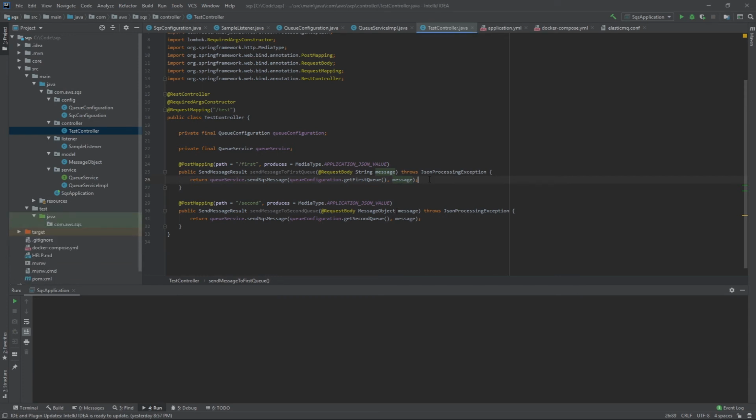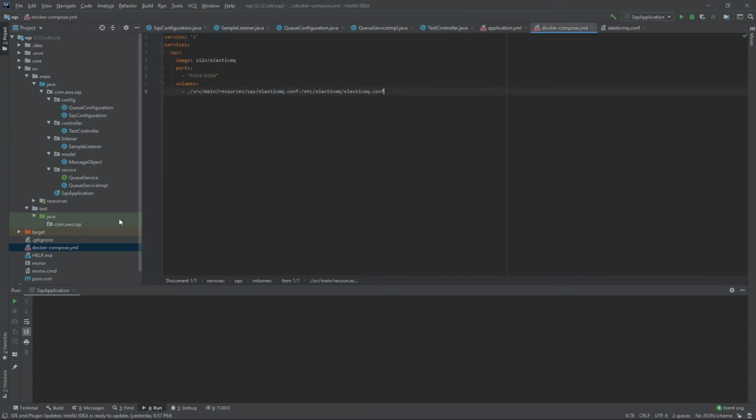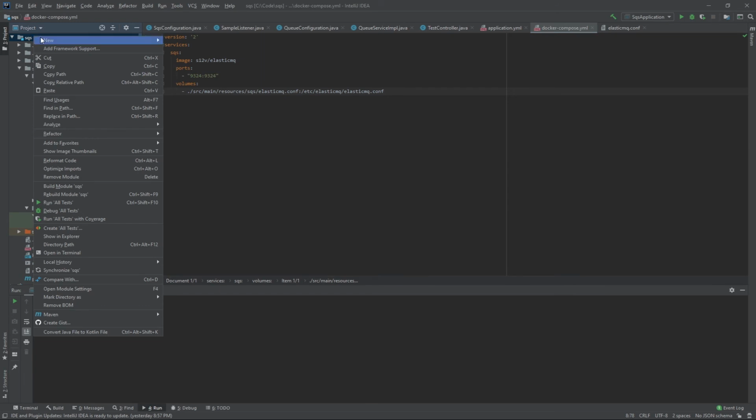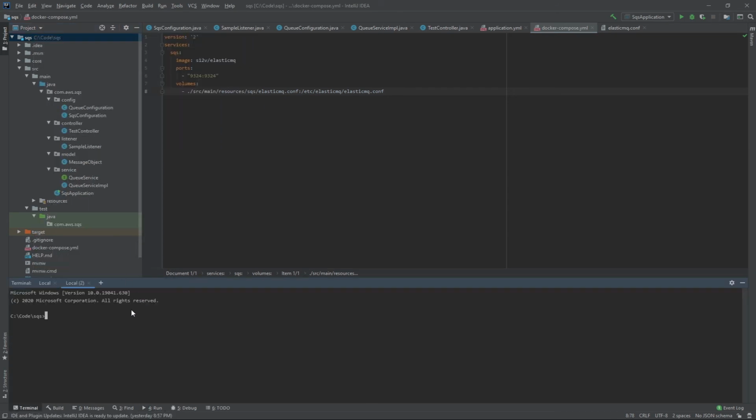All right, let's go ahead and show you how you can spin up this Docker image. So I'm just going to go back to the Docker Compose YAML, just again showing that we're pulling the S12v/elasticmq image down, and we're going to run that on the 9324 port, and again use that config file. So an easy way to do this is let's go ahead and right click on our project here, and then we're going to say open in terminal. That will pull up again that path C code SQS, because that's where I've placed this project. And then it's as simple as